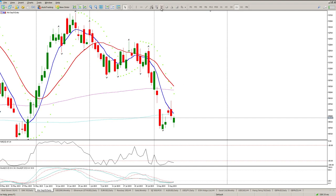So we are still mucking around in this. I can't even call it a zone, it's no real pattern at the moment. In actual fact, that's probably the only pattern that we do have, some kind of a range, but the concern I have with that is because of the strong move to the downside, this could just be consolidating for another move to the downside. Although everything is telling me, all my oscillators are telling me that we should be watching out for a level,